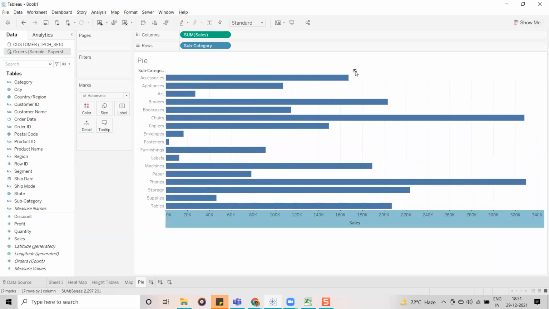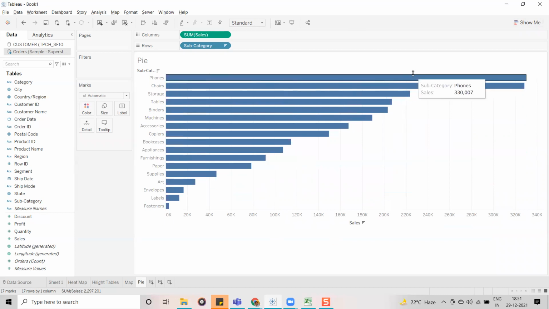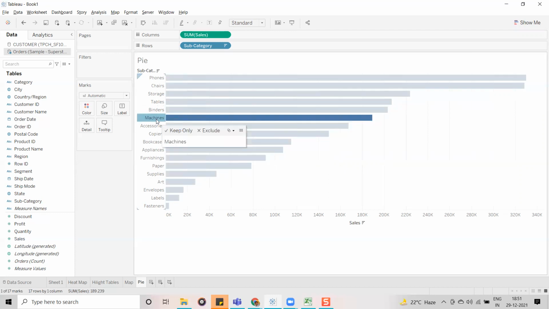For example, if you sort it from maximum to lower, you can identify the sales in different subcategories. Here the length tells you how it compares. If I compare with machines, which products are better than machines, and which are not better compared to machines?